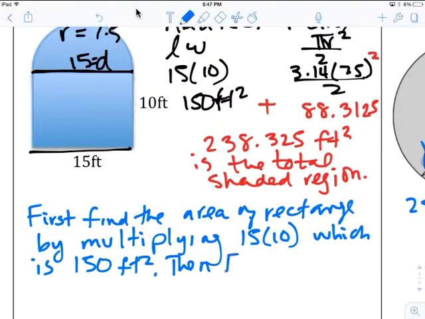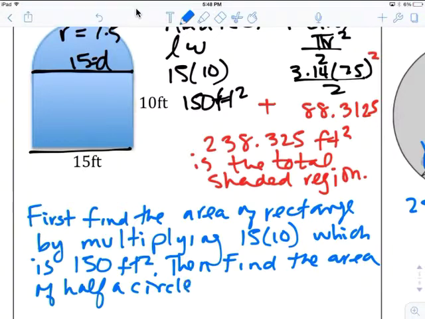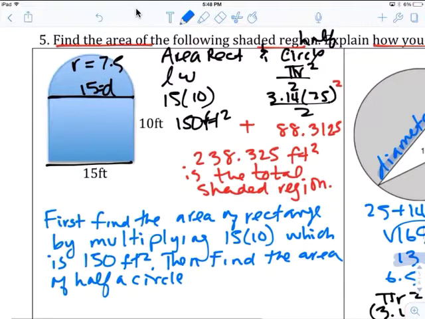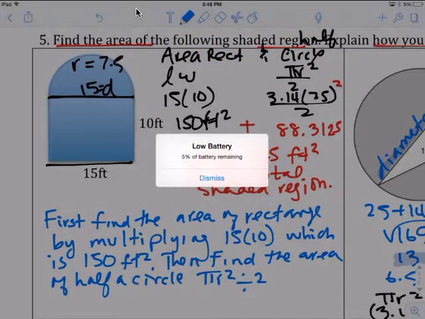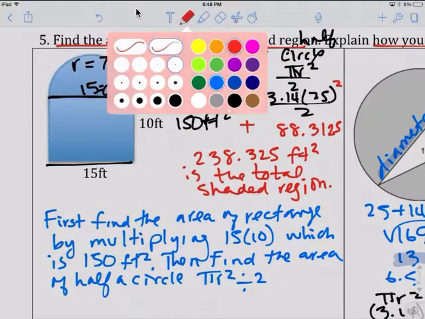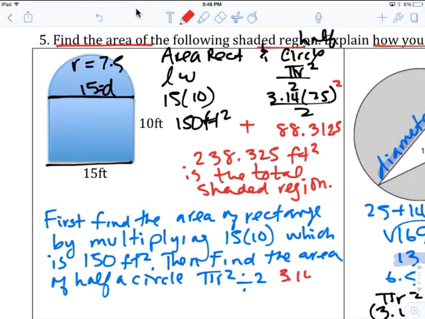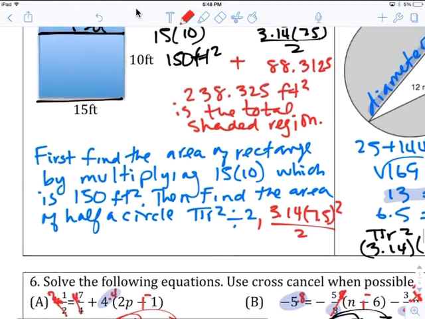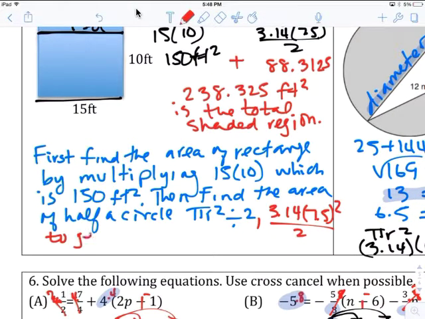Then find the area of half a circle. Pi r squared divided by 2, which is 3.14 times 7.5 squared. Divide that by 2 to get